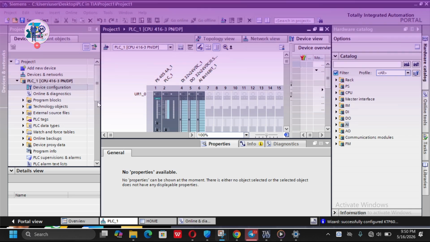Right, so after configuring your physical device configuration, you have the topology view, network view, and device view. There is a device view for each component here. We have power supply PS 405, which is 4 ampere, and the next slot is occupied by the CPU, the PLC CPU,